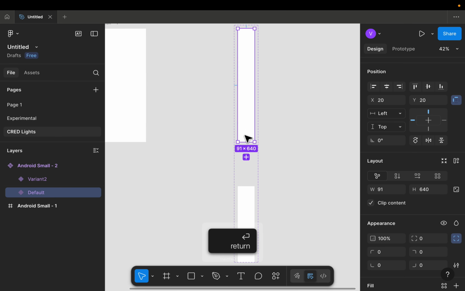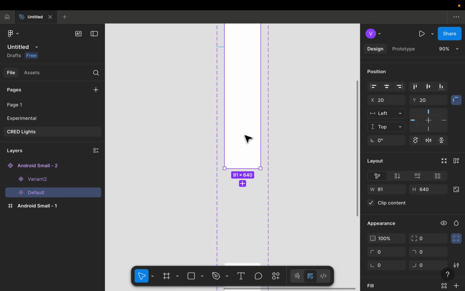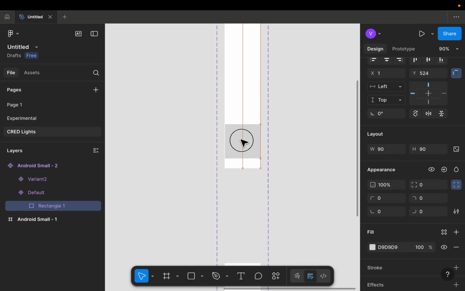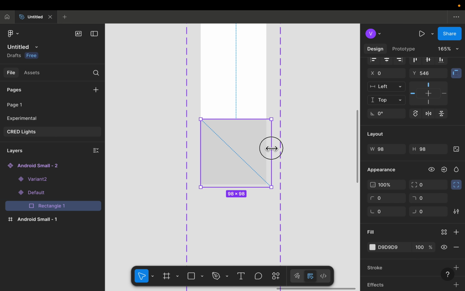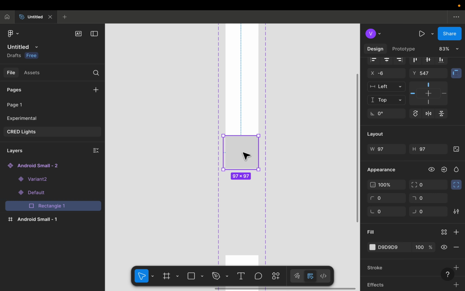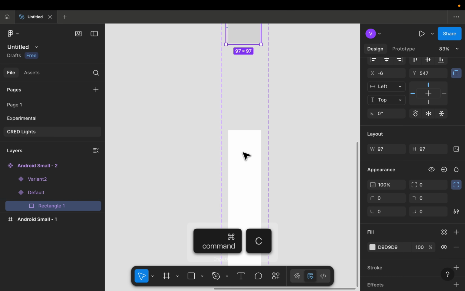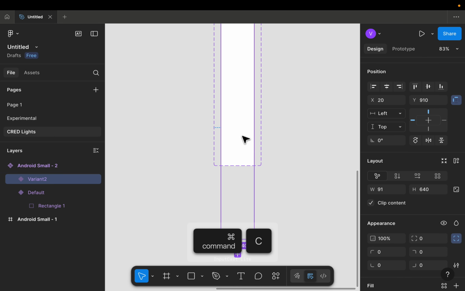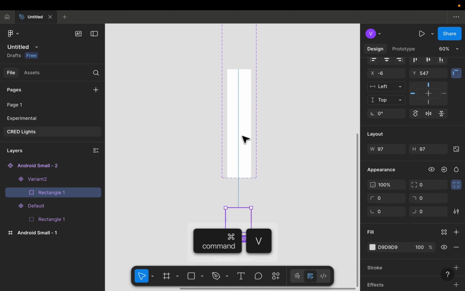Okay, so now here I will create one rectangle. Press R and then Shift and then create one rectangle here like this. All right, it's almost completed. Fine. Now I will press Command C and then select this frame, this variant, and then you can see that